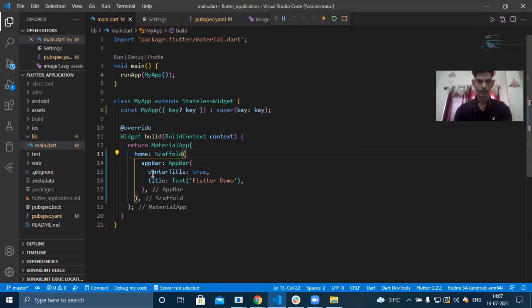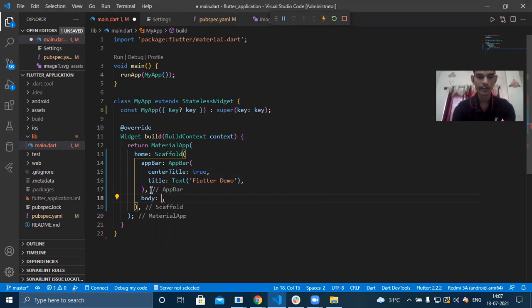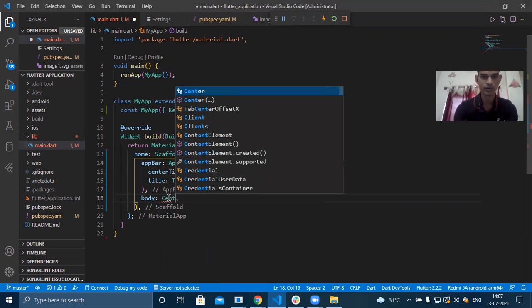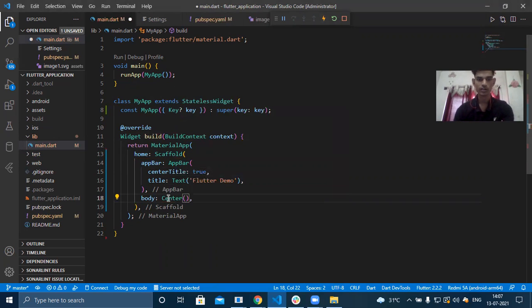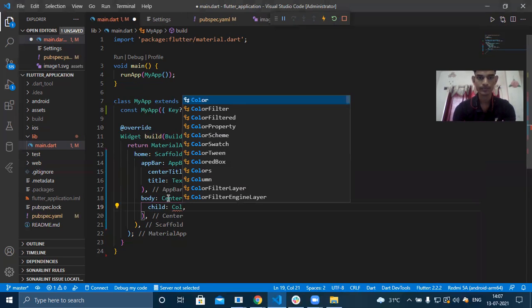So now after the app bar, we have an attribute called body, and inside the body we can use many attributes like container, or I'm going to take a center because we want all the things centered. So the center takes a child attribute and you can use column.